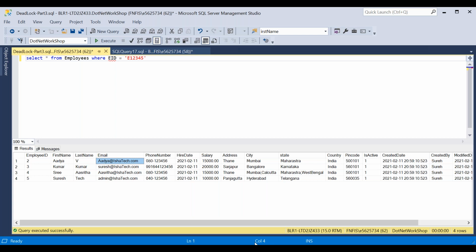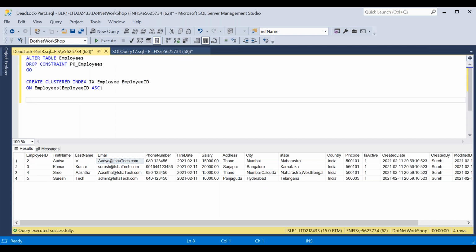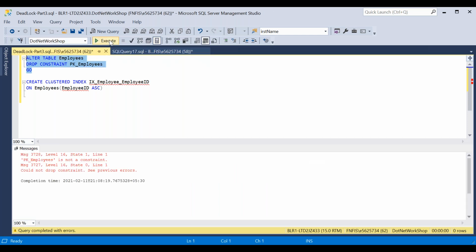So you have to make sure what will happen when you are creating the index on a particular table. Now, to drop the constraint, I'm running this from here, because when I create the primary key, the clustered index is created directly. So from the employees table I'm dropping the constraint directly.